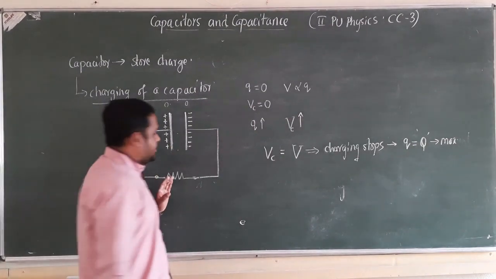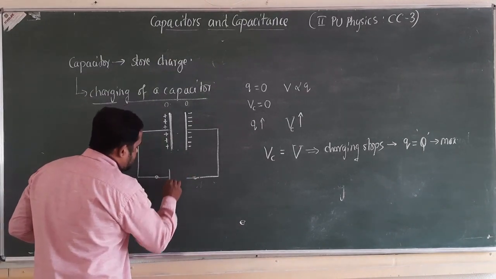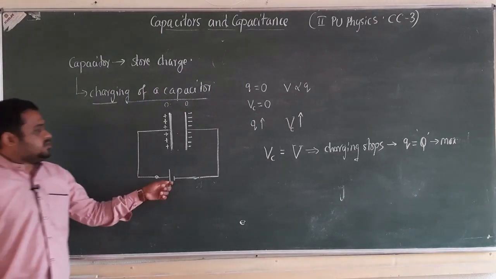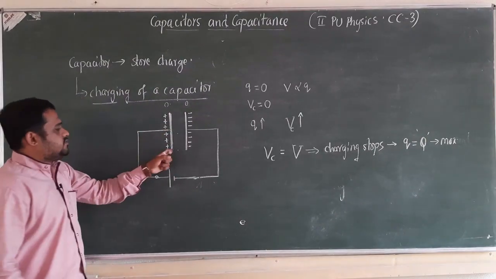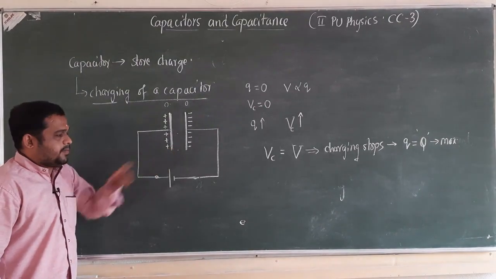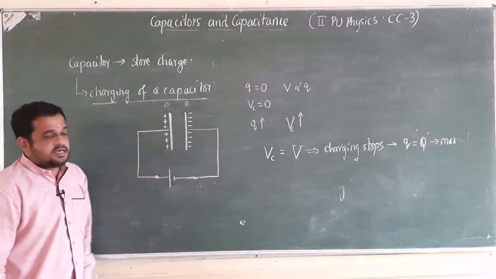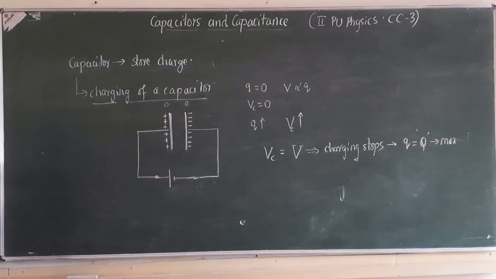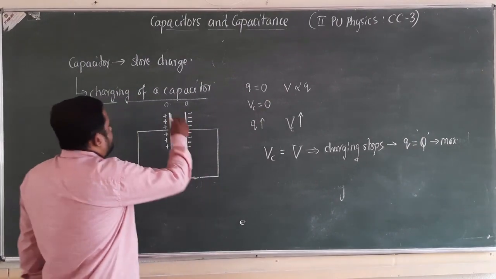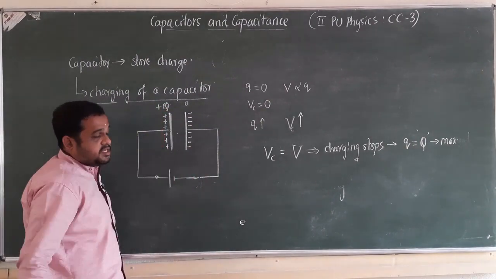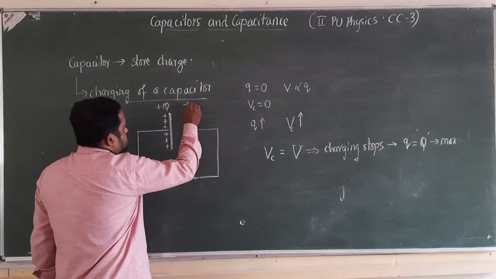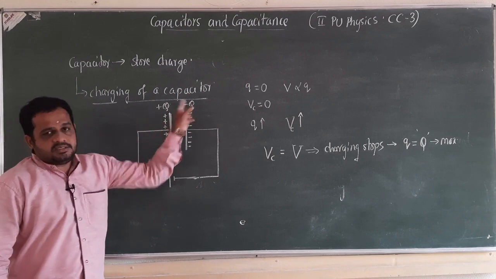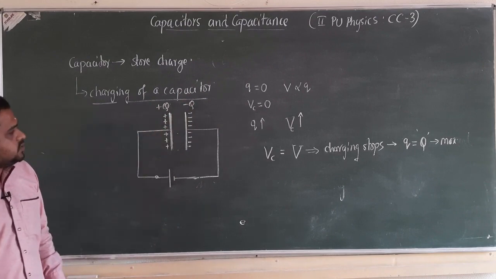So this is how a capacitor is charged. A capacitor can be charged by connecting it to some external battery. The positive terminal removes negative charges from the left plate, in this case, so it becomes positively charged. Those electrons are delivered to the second plate of the capacitor, so it becomes negatively charged. If plus Q is the amount of charge stored in the first plate, then the amount of charge stored in the second plate will be minus Q. Magnitude-wise the same, equal.